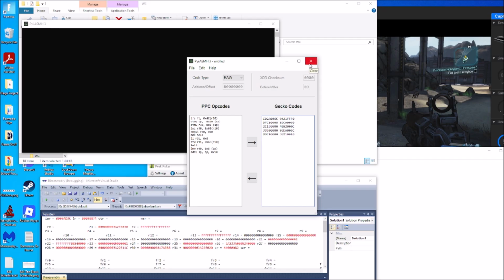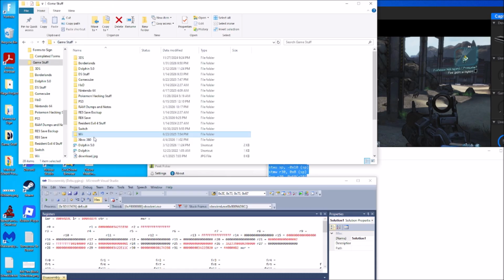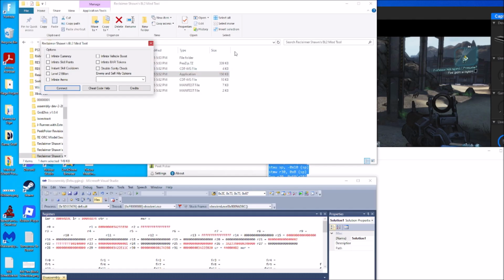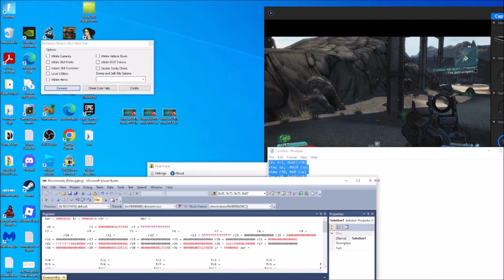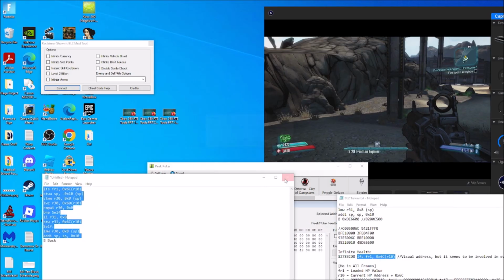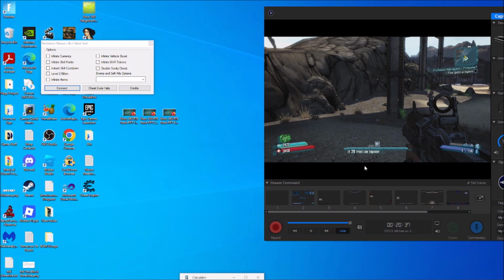Enough of that. Let's actually see it in action. And instead of writing it in, I'm just going to use the tool because I'm lazy. It is strange that someone as lazy as I has enough time and patience to do this. I'm going to connect. I'm going to set to Insta-Kill. And considering it's the visual address,